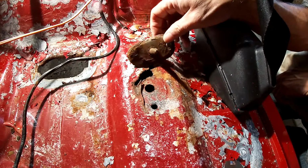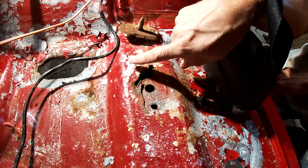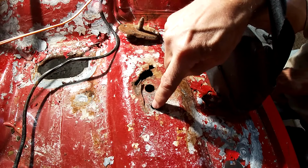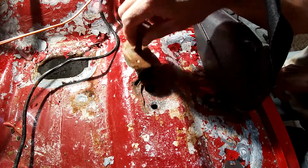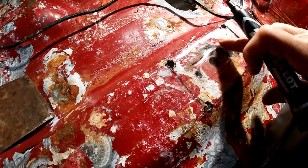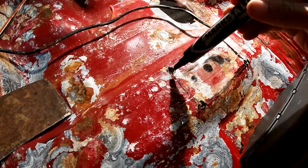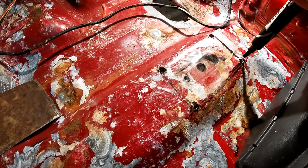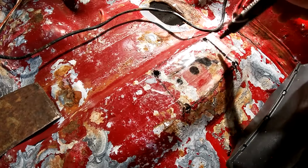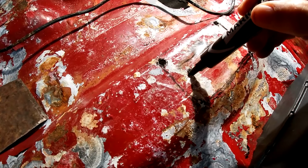Okay, I can clean that up, reuse it. The reason I didn't cut this out first is I want to make a pattern so I know where these holes are so I can locate the seat. So when I make a patch, especially a small one, I'll lay down some clear packing tape. So I drew the size and then I drill out the holes on the corners since it's easier to weld on a corner, and then I'll just mark the holes